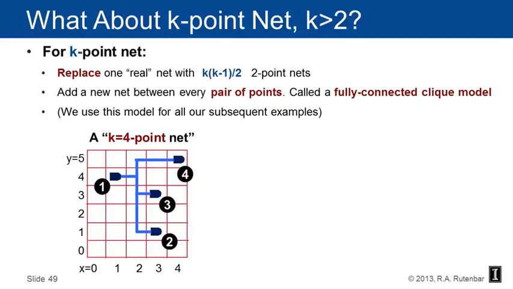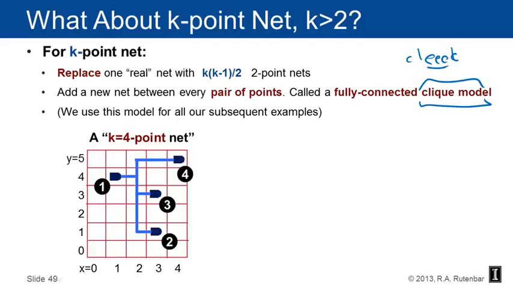And so here's the recipe. The first thing you do is you replace the one real net with k times k minus 1 over 2 2-point nets. And the way to think of that is that I'm just going to add a new net between every pair of points. And that's how many pairs of points there are. Right? So this has a name. It's called a fully connected clique model. This is pronounced